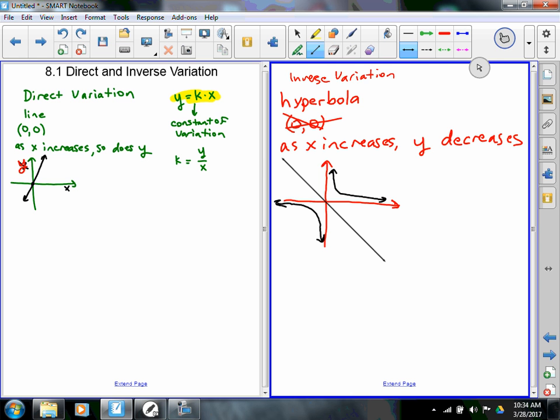So the form for an inverse variation, starting with a y, is going to be y equals k divided by x. Y equals k divided by x. And again, the k is called the constant of variation,